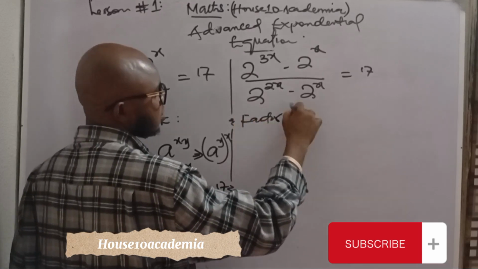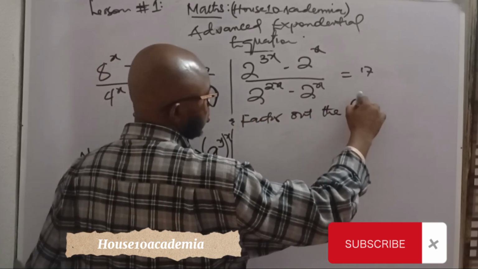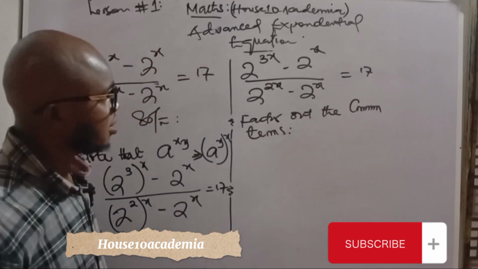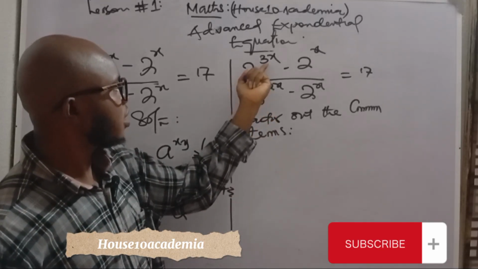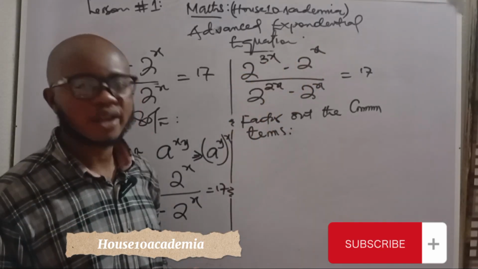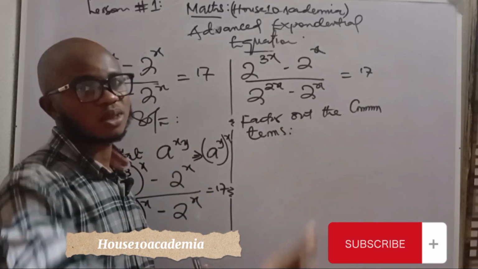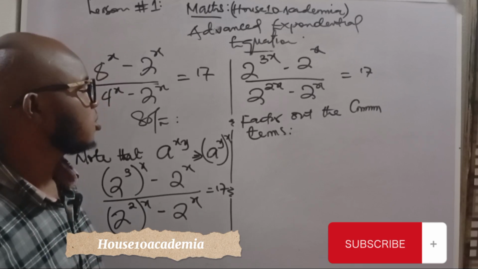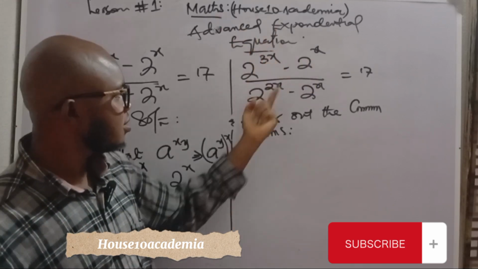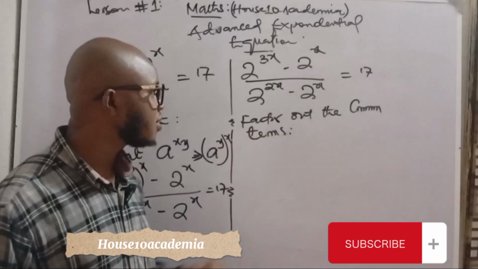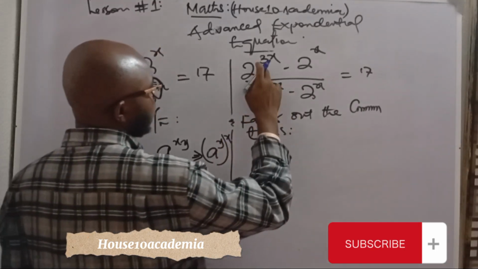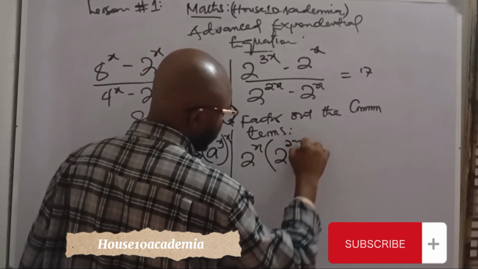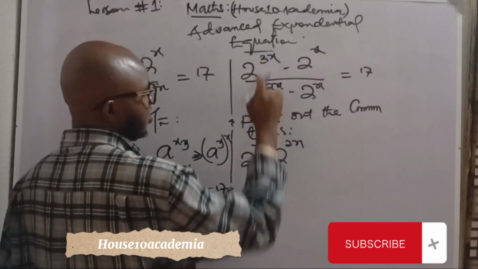We are going to factor out the common terms. Now I'm going to factor what is common here. If you check very well, we have 2^x. We can bring out 2^x. Remember, this simply means that 2^x in 3 places, 2^x, 2^x, 2^x. So now this is 2^x in 1 place, this is 2^x in 2 places, this is 2^x in 1 place. So for me to factor out, what is common here? We have 2^x. So we have 2 raised to power 2x, because when you add the power, it will give us this, minus 1